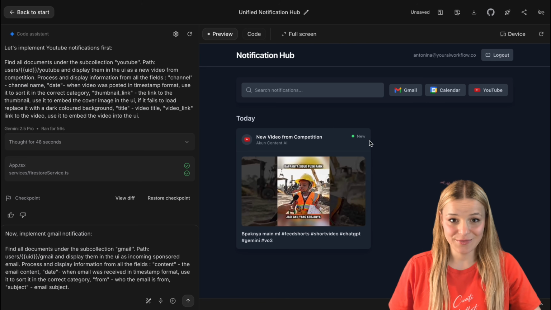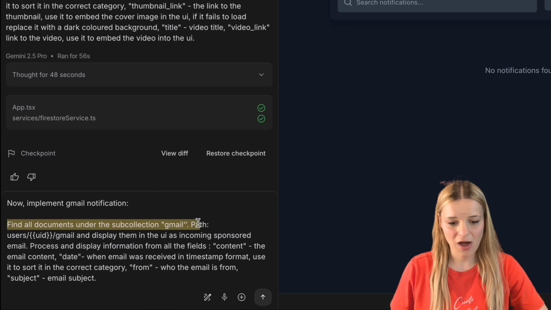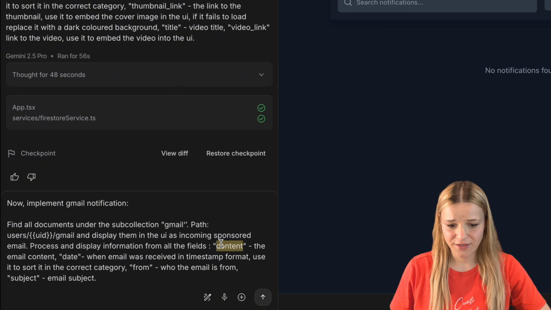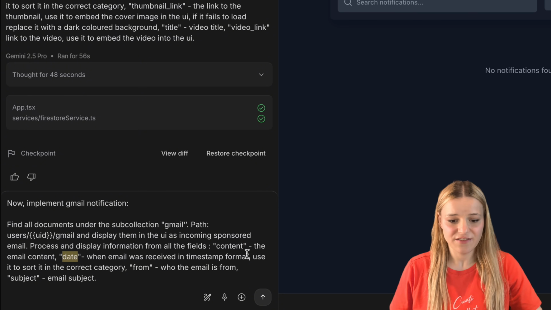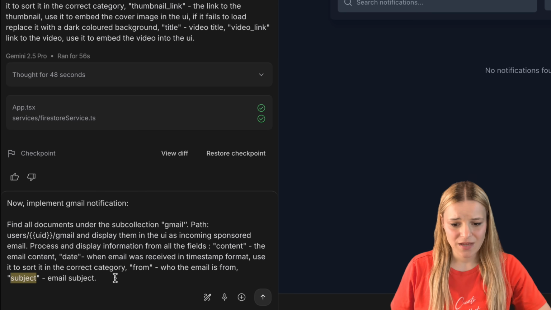Now, let's implement Gmail notifications. I'm just going to say, find all documents under the sub-collection Gmail path, users/UID/Gmail, display them in the UI as an incoming sponsored email, process and display all information from the fields, content, which is going to be the email content, date when the email was received in a timestamp format. You're going to use it to sort it in the correct category, from who the email was from,